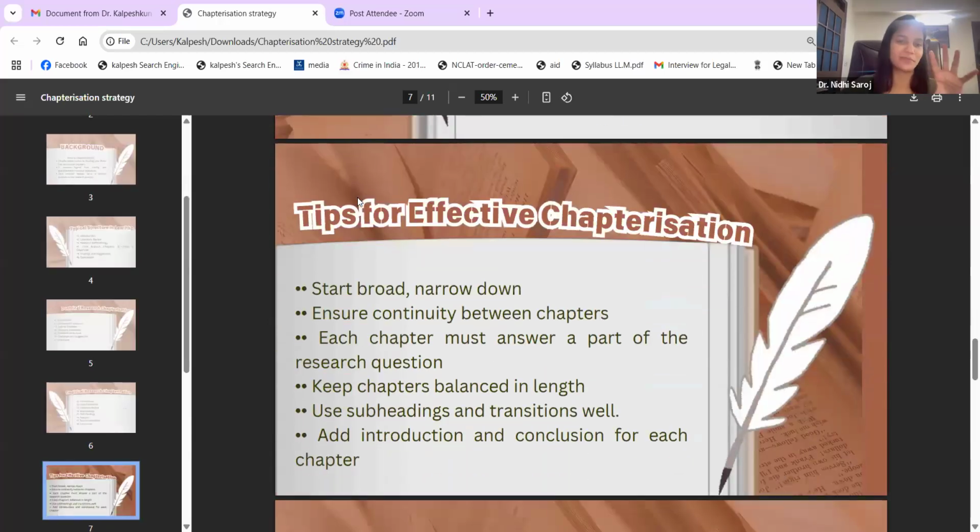Yes. Now, this is the most important aspect. Here, I would want your participation. How should we effectively decide what the chapters are going to be? I'll tell you from my journey, then maybe I would want you all to participate also. So I told you in the very beginning, my research was a socio-legal study of parental incarceration and its impact on children. And it was a combination of doctrinal and empirical.